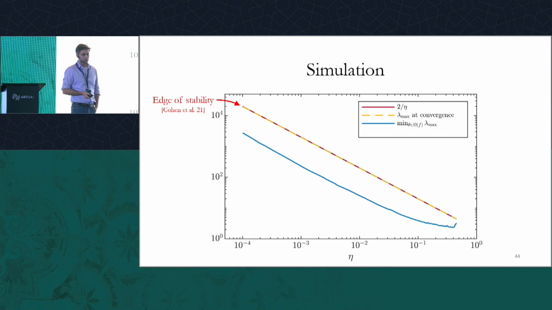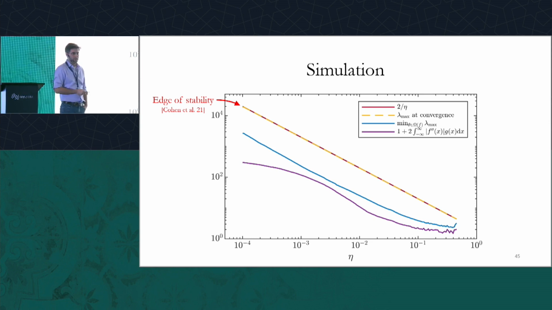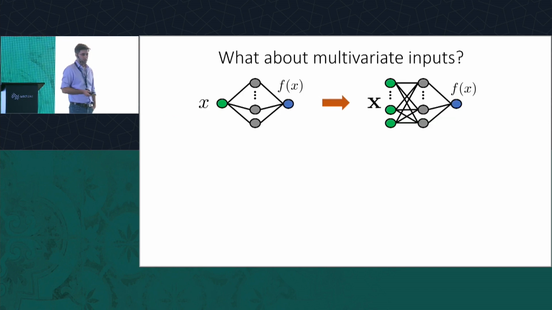If we look at how this lambda max at convergence is different from the lambda max of the flattest implementation, we see there is some gap, even though this gap is very small for the high learning rates. And if we look at our bound, again, we see this bound is lower bounding this flattest implementation, and the bound is actually not bad with the high learning rates. Okay, so at high learning rates, it seems that we capture some of the behavior more accurately.